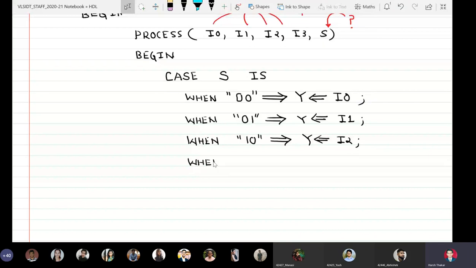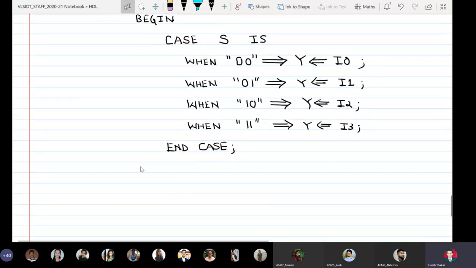Now, actually we are supposed to write down here like this. End case, end process, and end architecture.